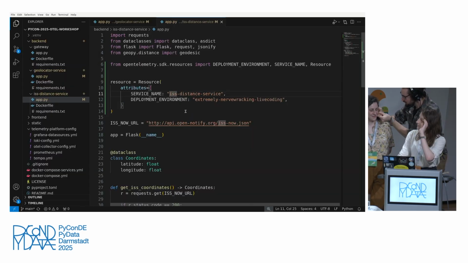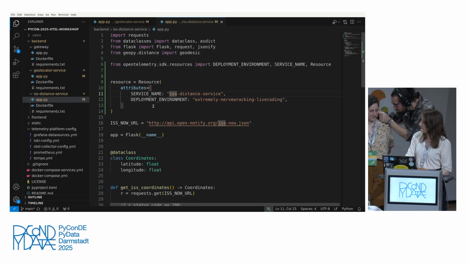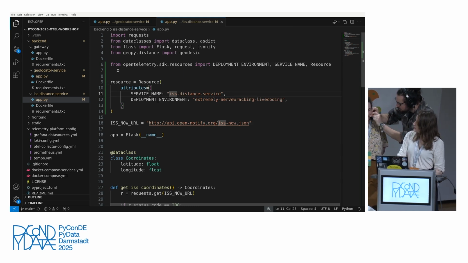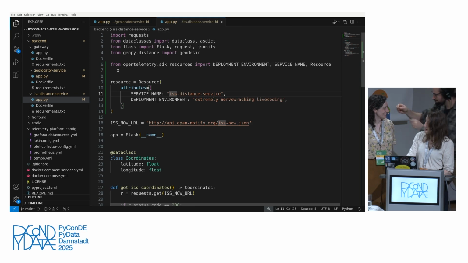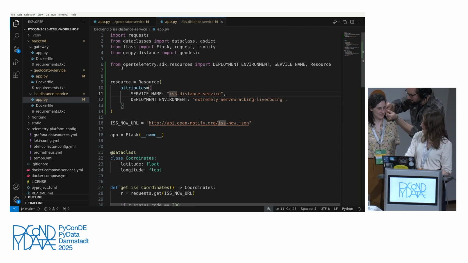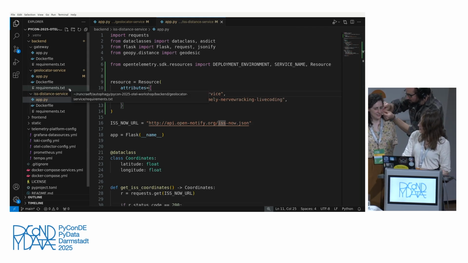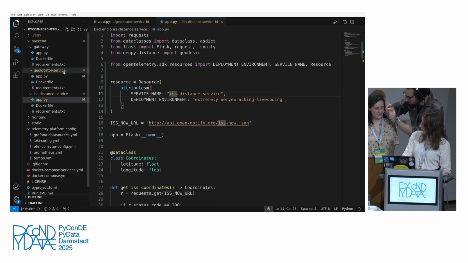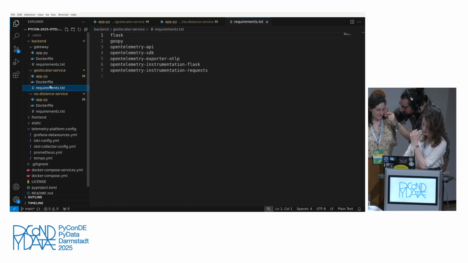Cool. Yes, also something that I neglected to mention earlier is that during the course of this workshop, we're going to be doing quite a lot of importing from OpenTelemetry libraries. In case you're wondering what libraries were imported from, you can check out the requirements.txt of the various microservices. So, for example,